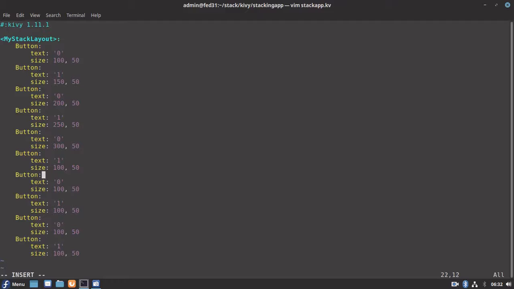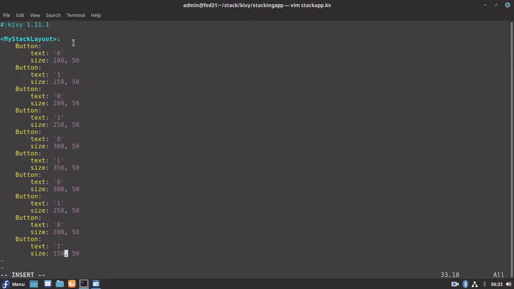And let's give it 100, 350, and here I'll try to decrease the width: 300, 250, 200, 150. So we have created some random buttons with text 0 and 1 of varying size.